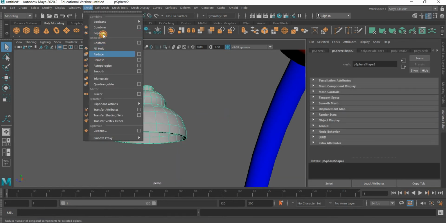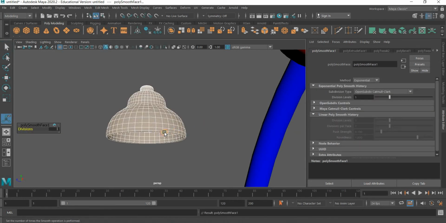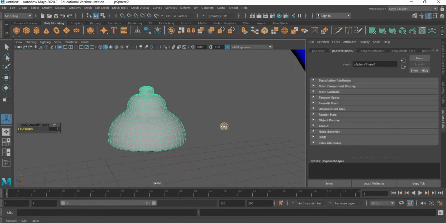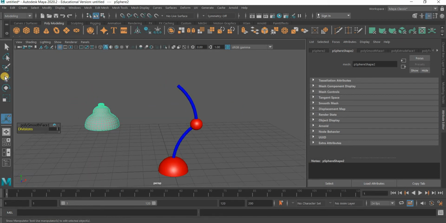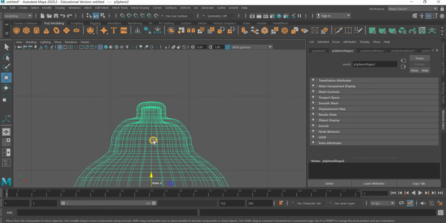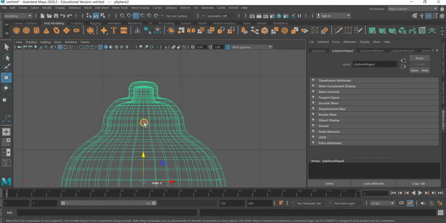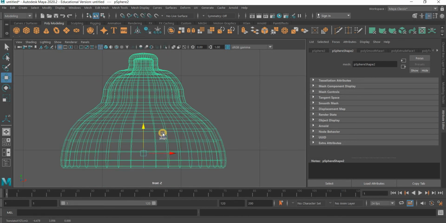Then you can go to Mesh, Smooth. And one division is good enough. We don't want a very high poly object. So that is our lamp, and then we will move its pivot point again by hitting the V key, insert key,